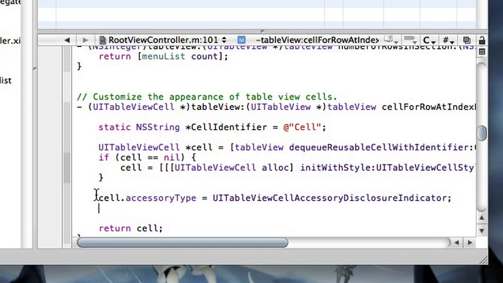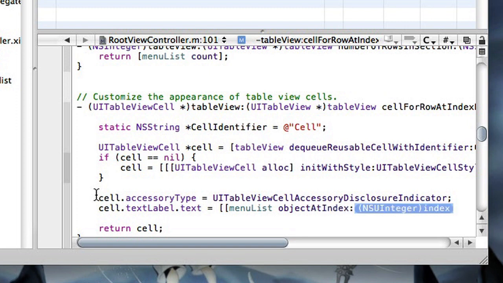And then secondly, we need to set the title of it, which we can do by doing cell.textLabel.text equals the menu list. So we're going to pull the title from our array of dictionaries by using the key. So we're going to do menuList objectAtIndex indexPath.row. So this will tell us which row it's in, starting, as all programming things, numbering by 0. So the first thing in the row is going to be object at index 0, second 1, and for that